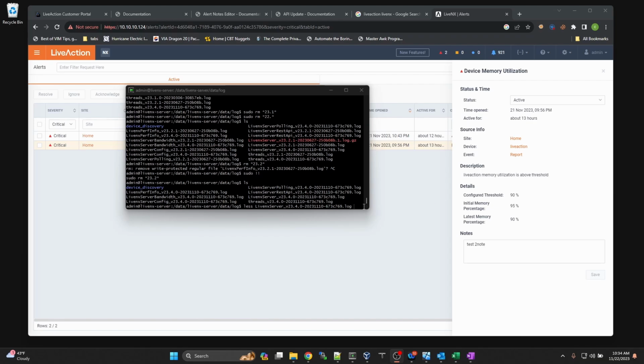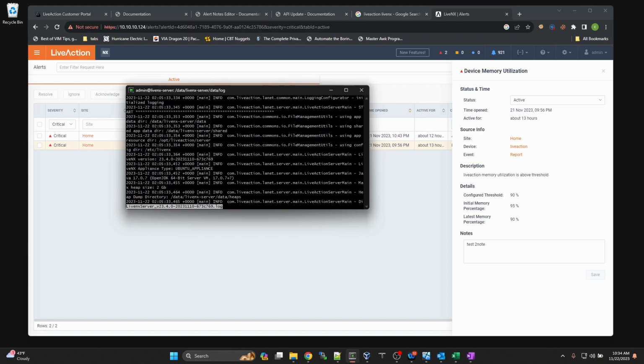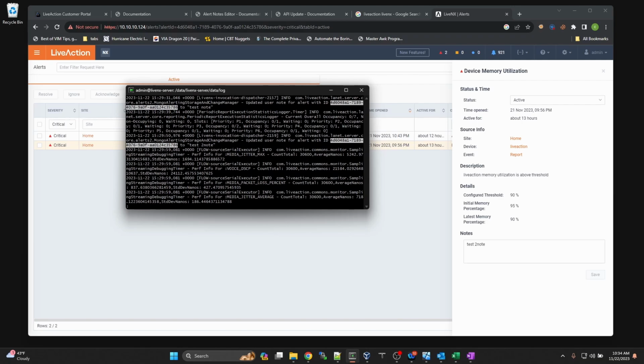Okay, I just did a little work because I want to look at the actual server log, which is more verbose than the API log, to see if we get anything out of it. So I took a second to clean up all the old version files that existed. And let's again search for that. There we go. So to audit past notes, we can see in the actual server log